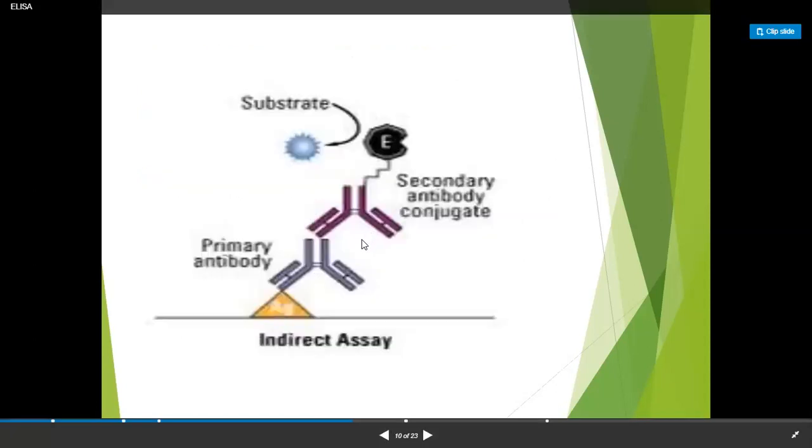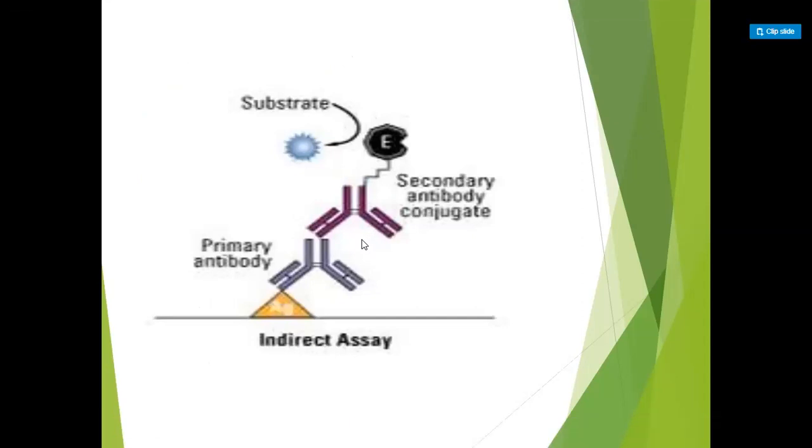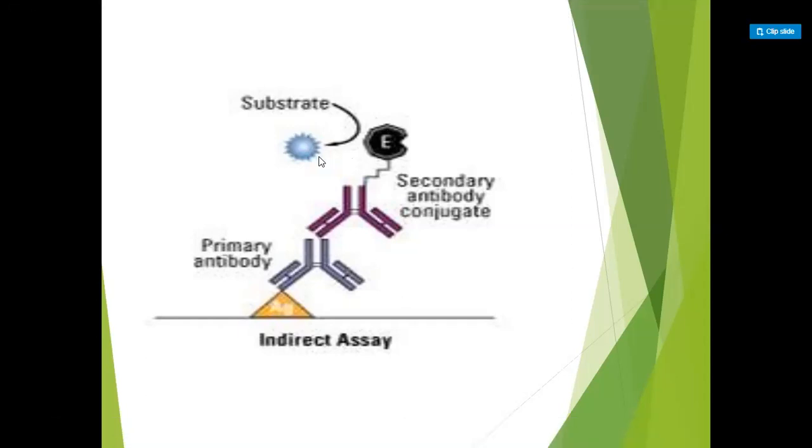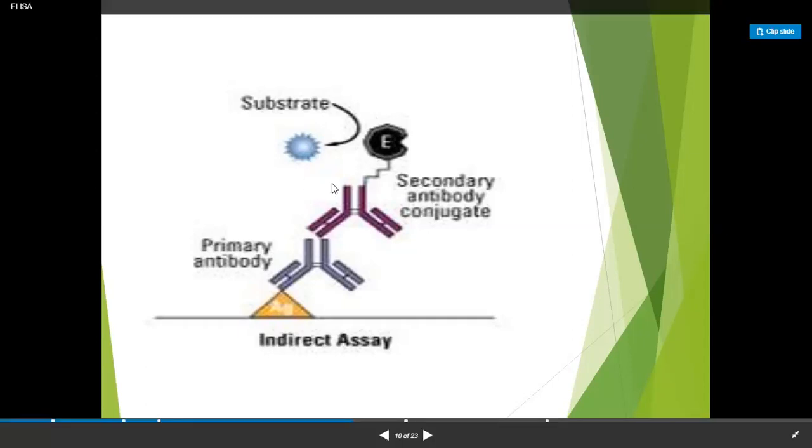So here we can understand using this diagram that there is an antigen which is bound to a primary antibody which is specific for it. Okay, and then to this antibody we will add another secondary antibody which is bound to an enzyme complex. To this enzyme complex a substrate will also bind, and when it gives a color, it will indicate that enzyme, antigen and antibody have been bound to each other, and the patient has a particular kind of disease and the reaction is positive.